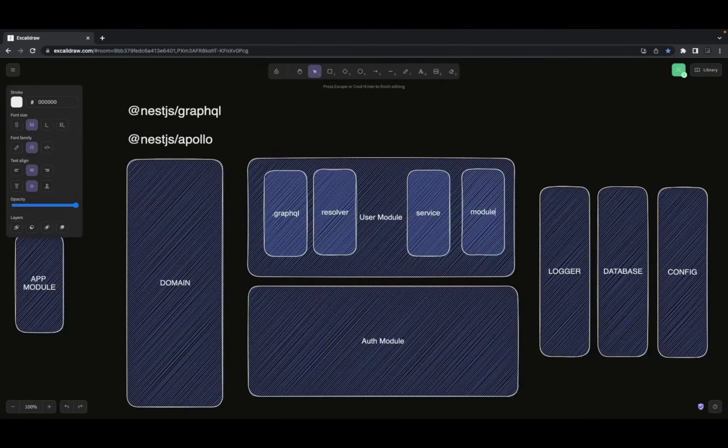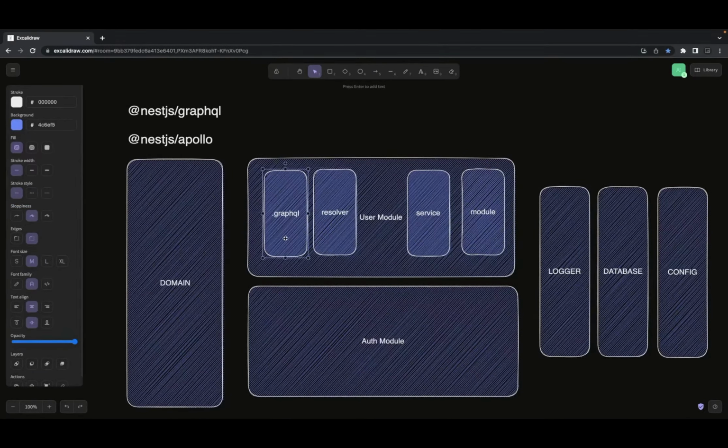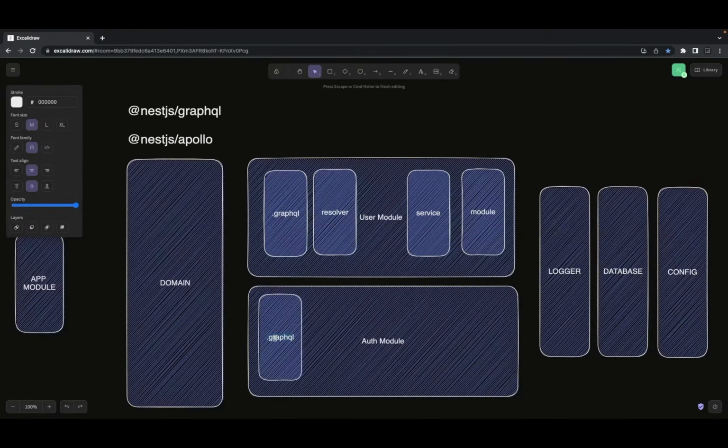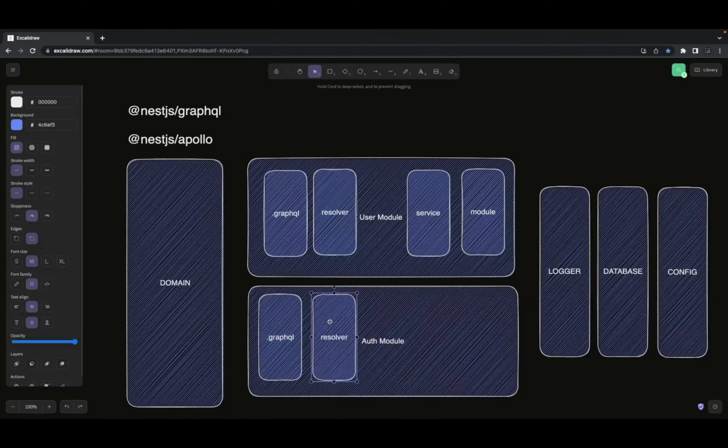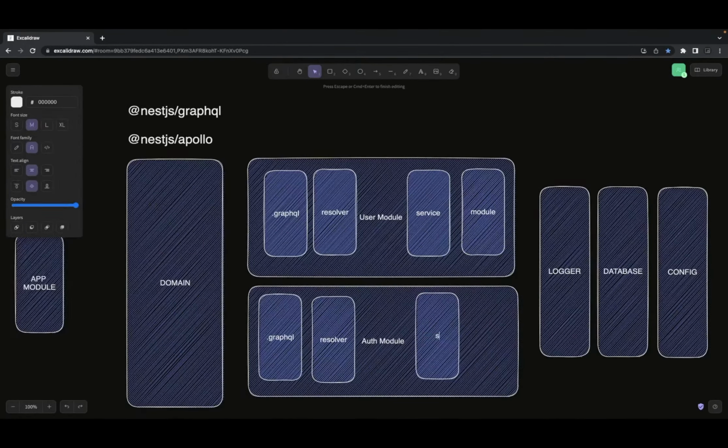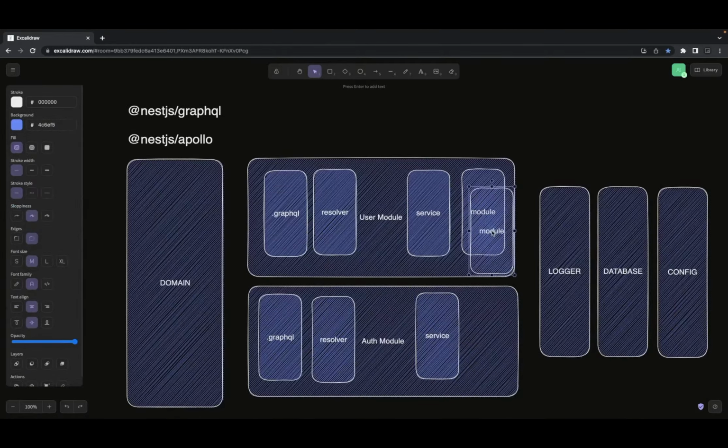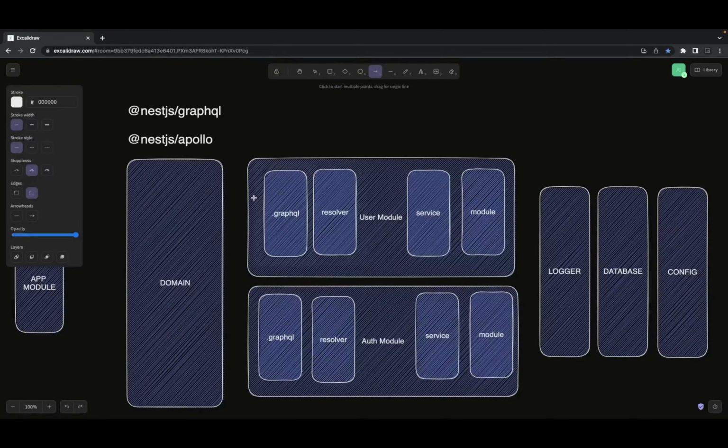This is the user module. Same components we have here in the auth module. We are going to write a query and type definitions for simple login, refresh token, validate. So .graphql file, resolver for all the methods, all the queries and mutations you have defined inside the schema file. We have a service, and then we have a module, right? So these are the two modules we have, which we are going to add in